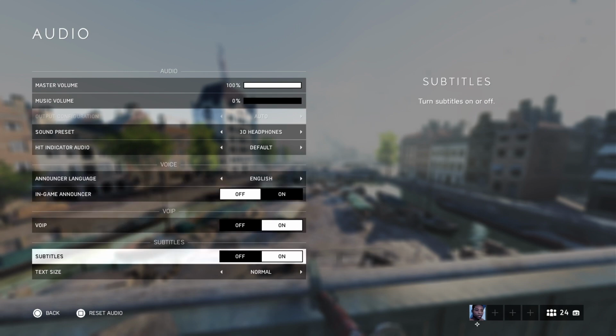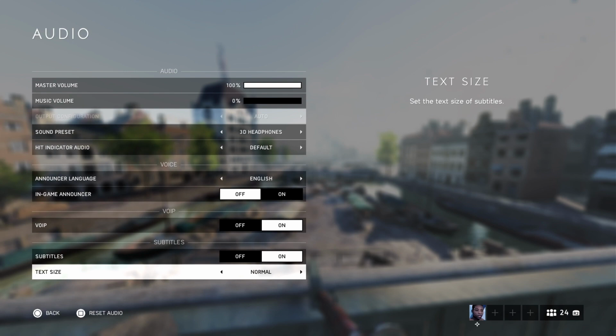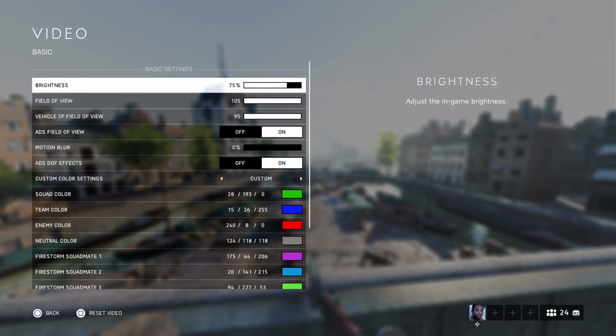I have the in-game announcer off because I know what's going on in the game. I can see B flags being lost. VoIP and subtitles don't really matter as well. So last but not least, we have video. So starting off, we have